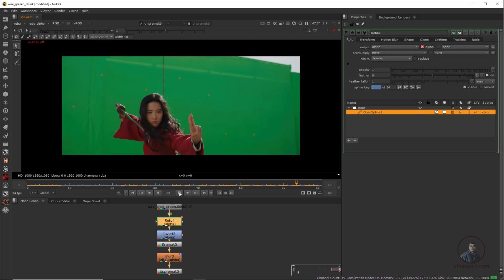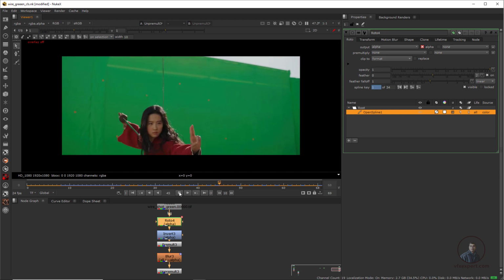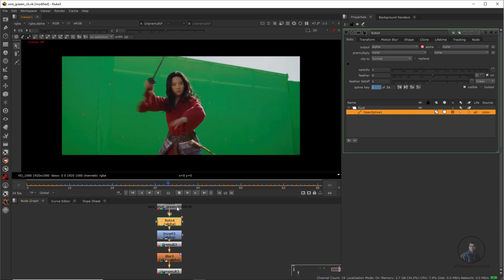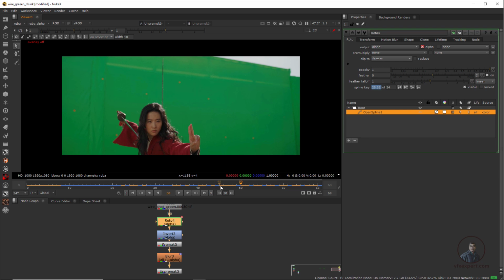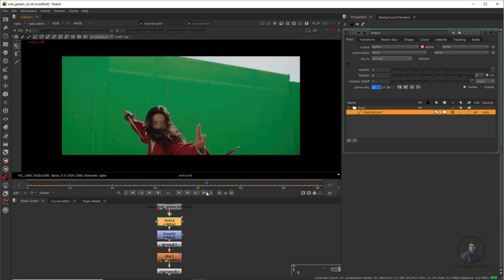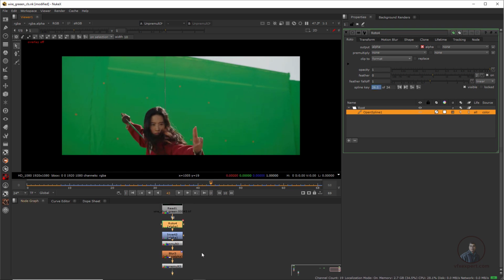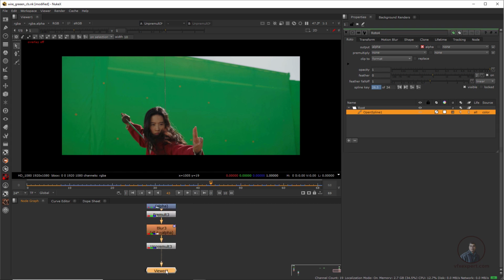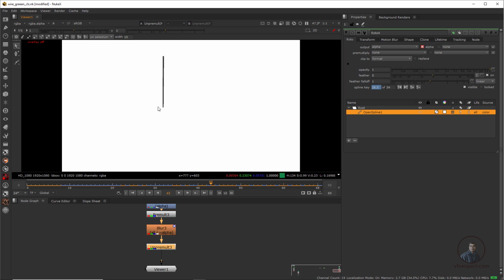So now guys, here if you see, we have successfully removed our first wire from this shot. Then like this I am going to remove our second wire from this shot. So for this, what we can do, after this tree if you select this unpremult and press A here, we can see this is our alpha. Okay, so now again press A here.